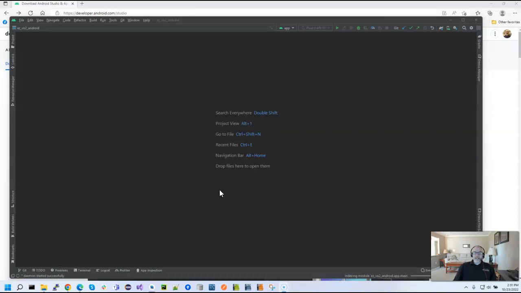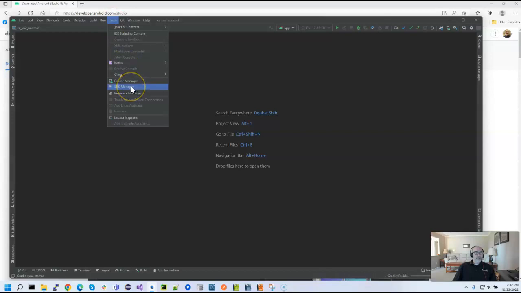Okay, so again, since I already have Android Studio installed on my machine, as that installer runs through, again, you just want to click all the defaults and so forth. Things that we will eventually need to take care of. So as you can see, I am inside Android Studio here. So if I go to Tools, SDK Manager,